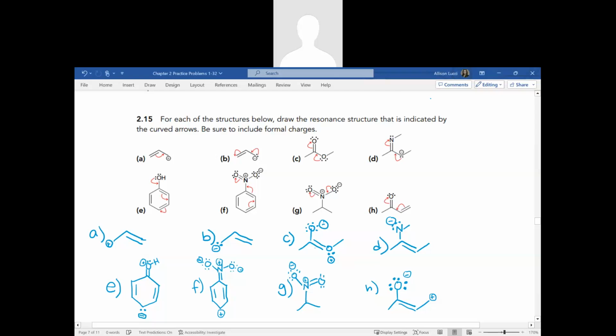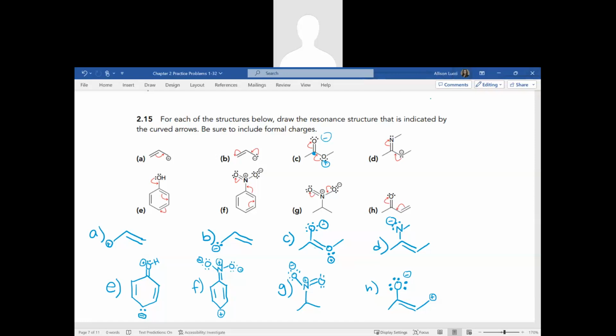And then at the same time, we're going to move the double bond that was on that same carbon up to become a lone pair on that oxygen. So now we have created a +1 formal charge on this lower oxygen